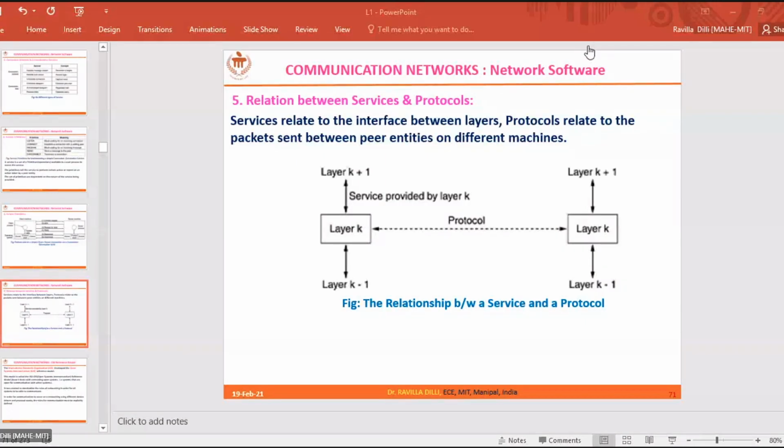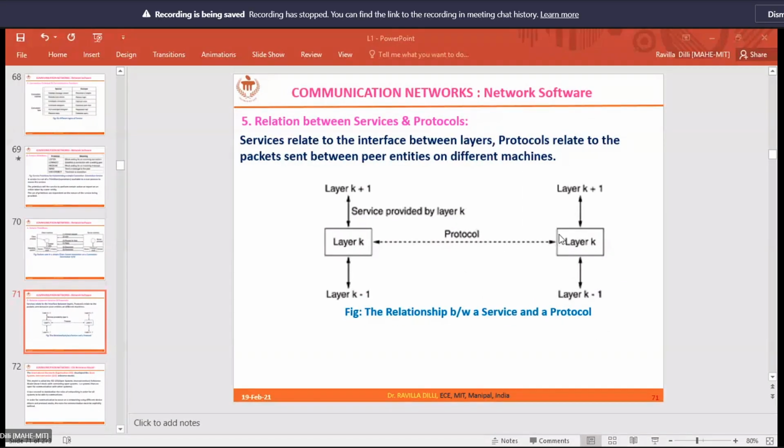We'll wind up here. Excuse me, sir. Yes. Sir, any reference books to refer from? Yes, of course, we have given. I have given the course plan to you, and I have forwarded the first lecture PPT where the books are mentioned. You can go through them.